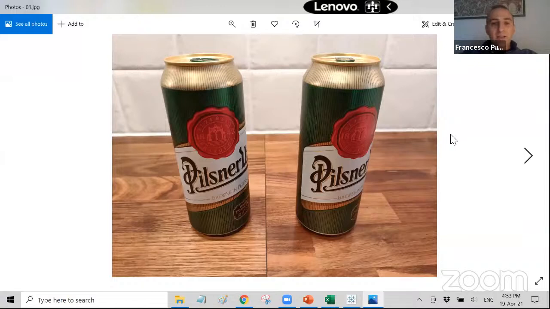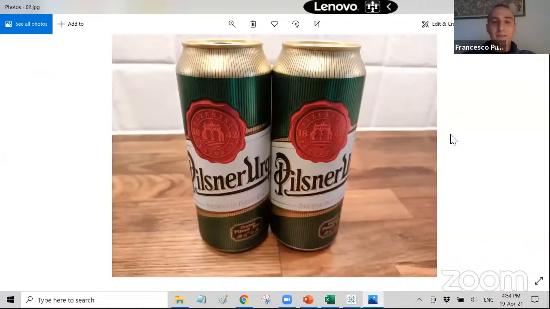These are 2 cans of beer. I guess you know that. Imagine that these are 2 tables, okay? This is a join, okay? So 2 tables next to each other. How would you do a union instead of a join? How would you put the 2 cans?